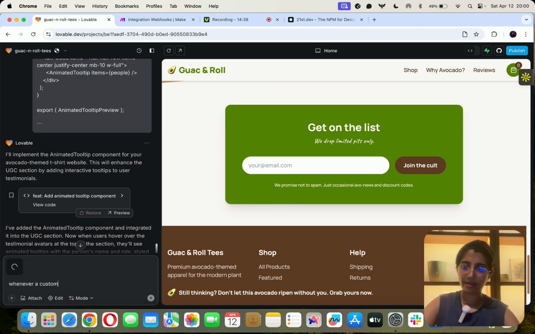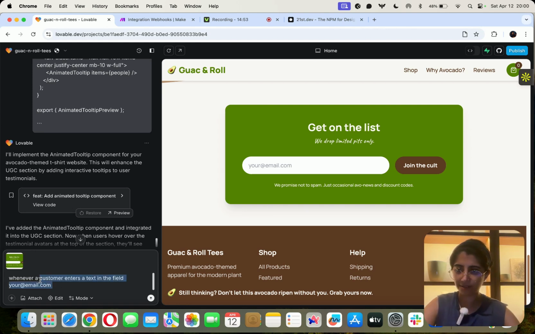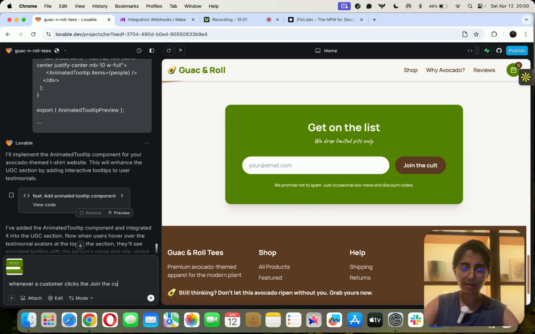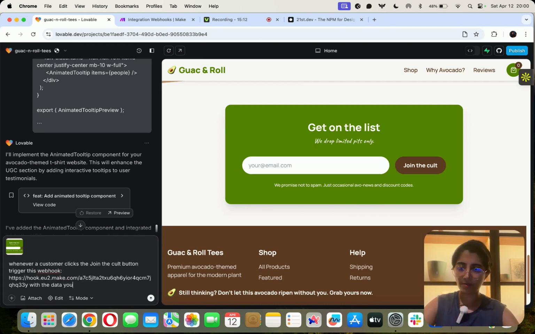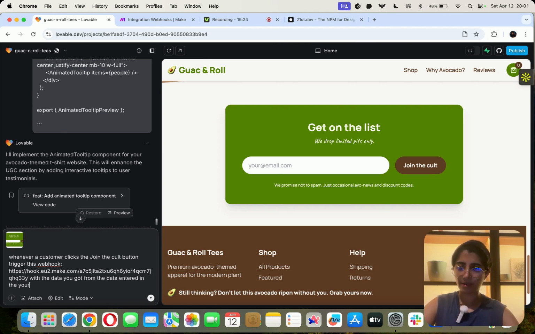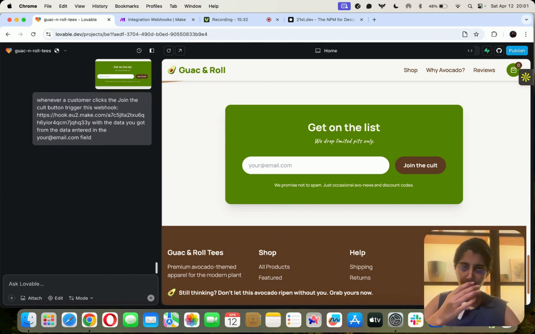When a customer enters a text in the field, for example at email.com, or let's say whenever a customer clicks the button, trigger this webhook and send the webhook the data you got from the field, in the email field. Okay, I'm just gonna pause this so that it sets up this functionality